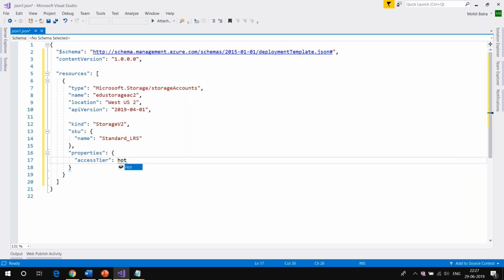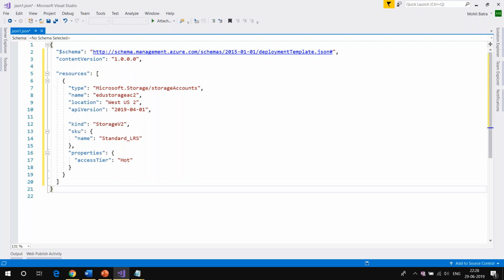Just give me a second so I can put up all these details. Now, these details are specific to Azure storage. Whenever you're creating a resource, I hope you understand these properties now. All right. Whatever you are seeing here, this is the first ARM template that we have created. So this is how you create an ARM template. I hope everybody is now clear on how we create these ARM templates. Of course, I'm going to add more complexity in the next 1 hour, but this is how we have created our first ARM template.